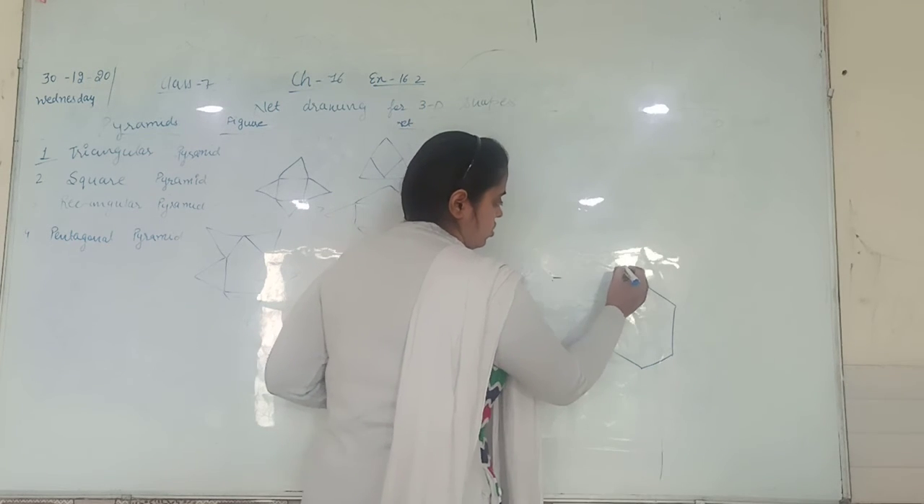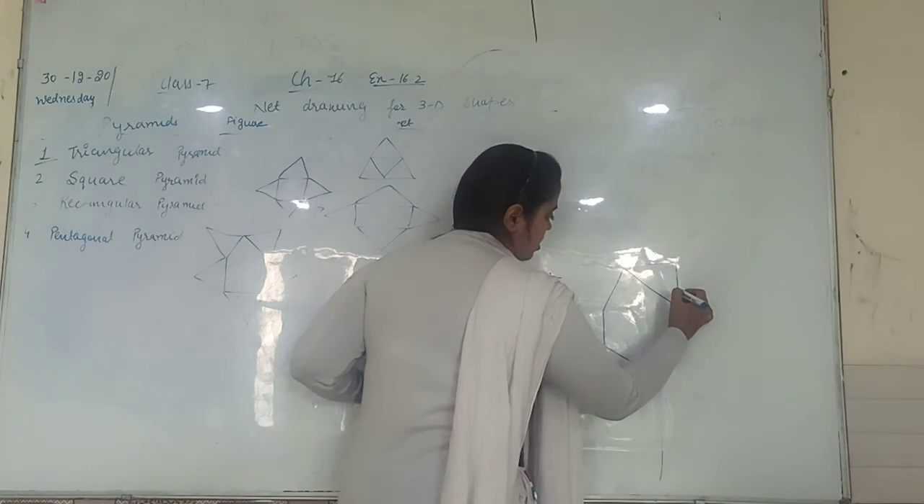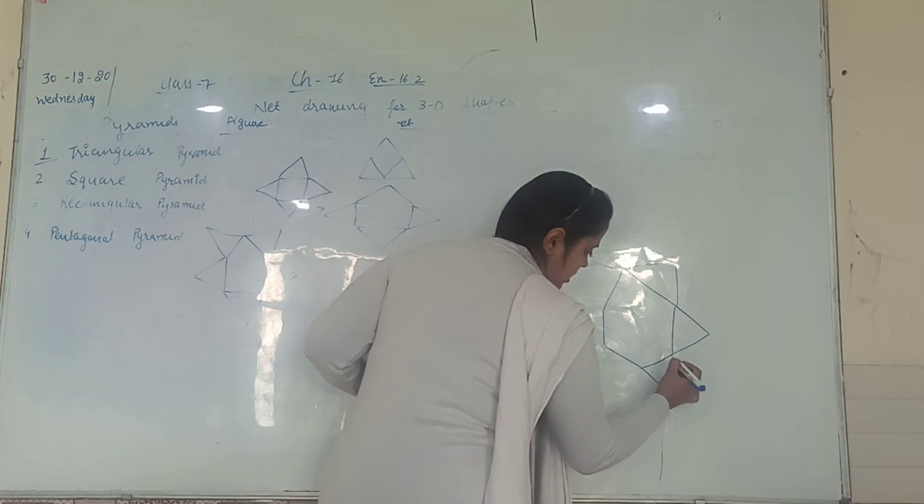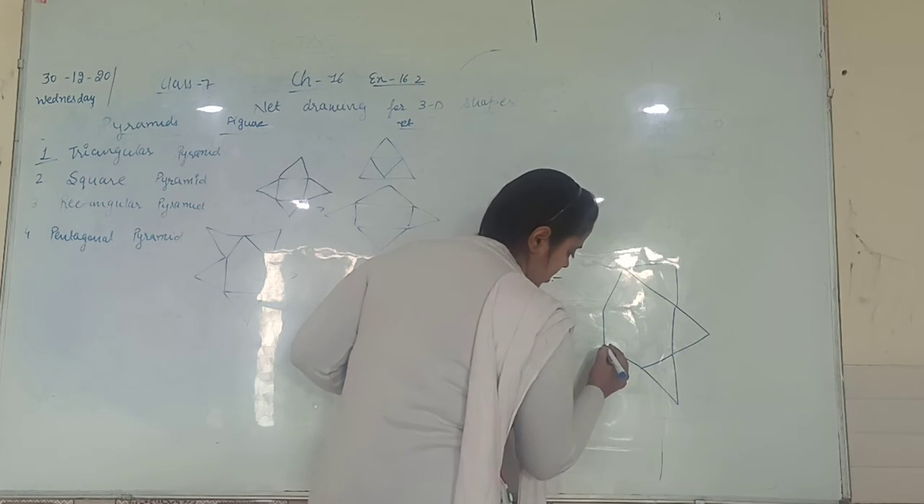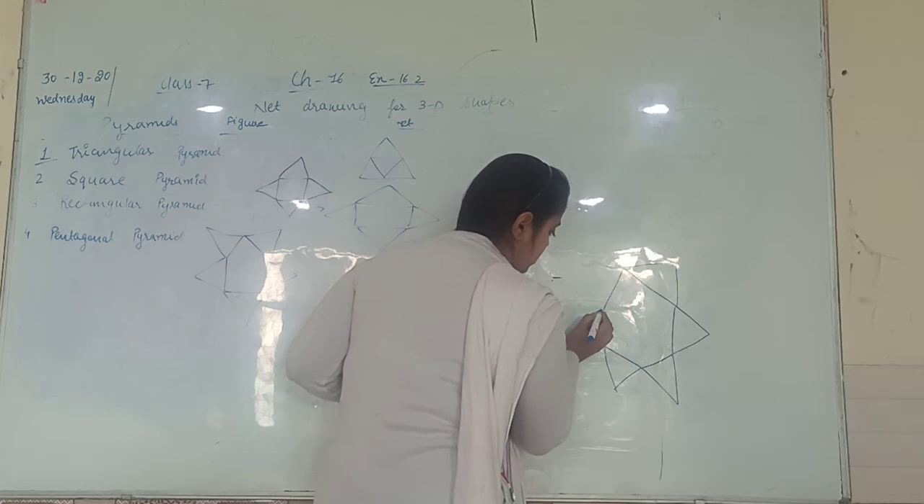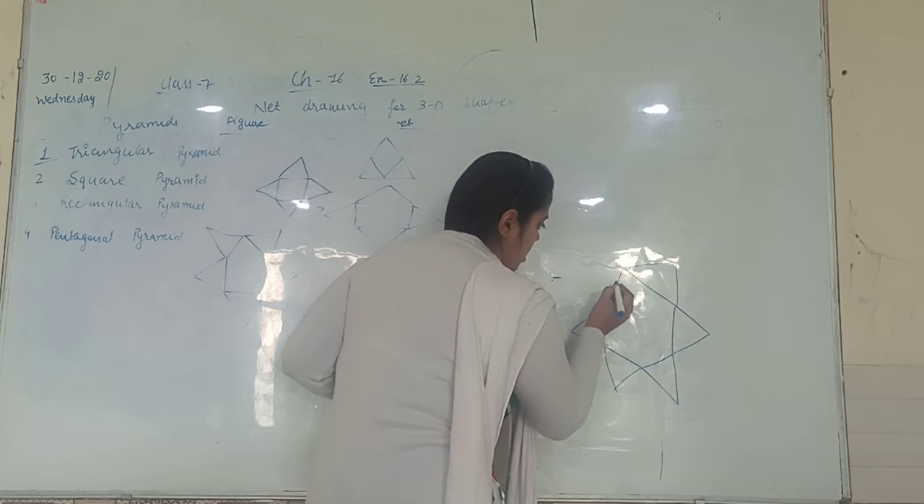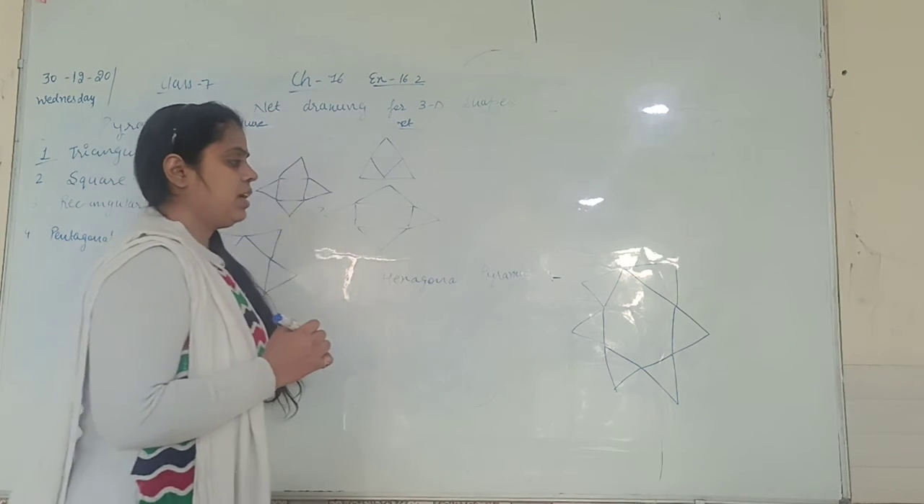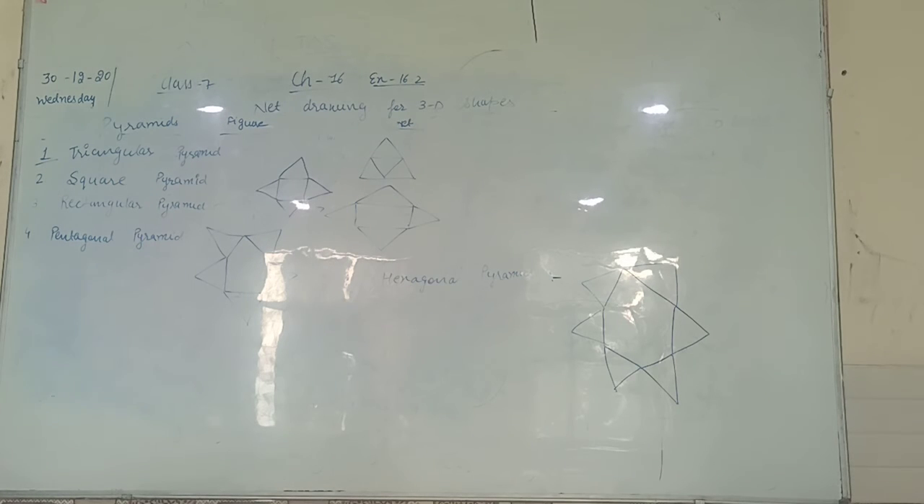Now draw the triangle on these. See, as I told you in the starting, pyramids are like triangle, but the difference between triangle and pyramid is just that pyramids have the height. Triangle has only length and breadth, base. After that, one more,